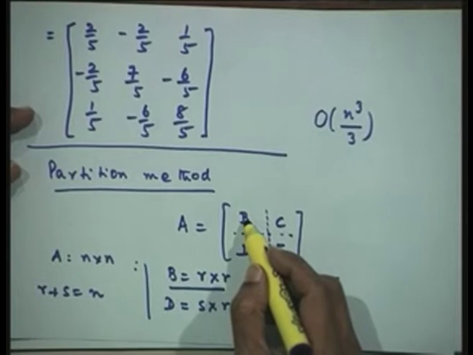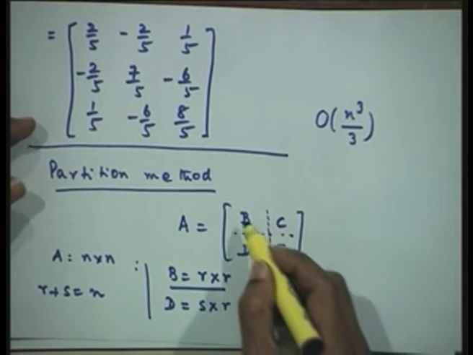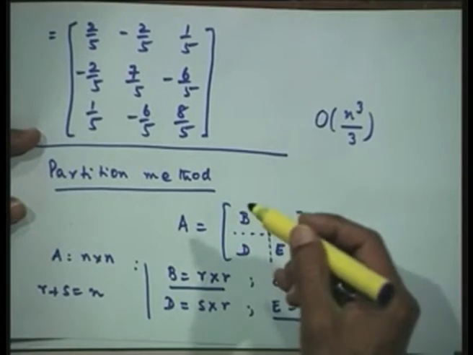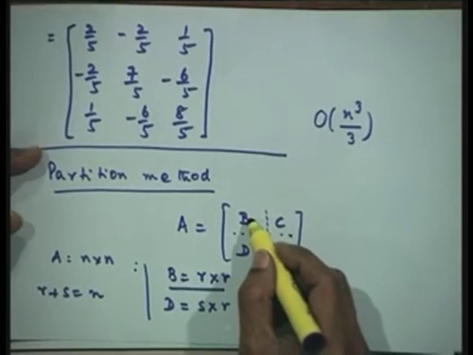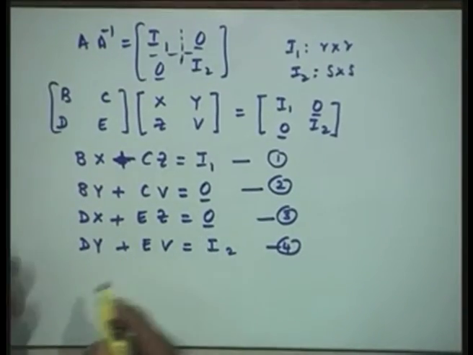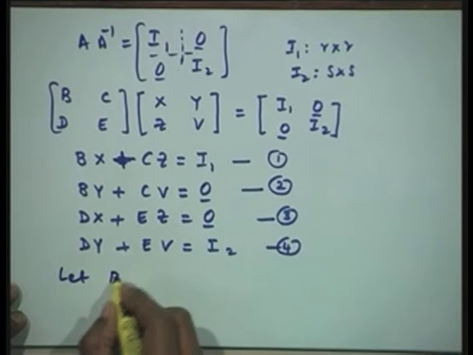Now, we have assumed that one of the inverses is available for us, either the inverse of the B matrix is available or the inverse of E is available. So, because this is an application oriented problem, let us assume the inverse of B exists and we know it. So, let B inverse be known.